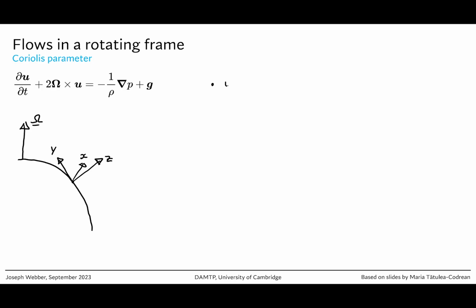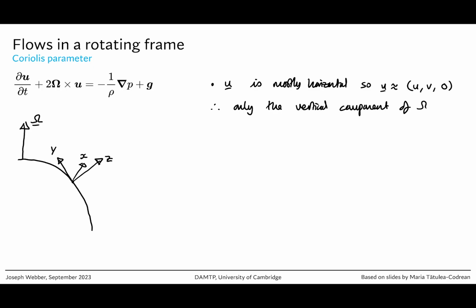So the assumptions that we're making are that u is mostly horizontal, i.e. most of the flows on the surface of the Earth flow parallel to the surface of the Earth to a good approximation. They're not going up or down massively quickly. So u can be approximated as being (u, v, 0) in these x, y, z coordinates. Therefore, only the vertical component of omega in the new coordinates matters. Because any horizontal component of this omega here in these coordinates, when crossed with u, is just going to disappear. So we introduce something called the Coriolis parameter, which is called f, which is going to be 2 omega